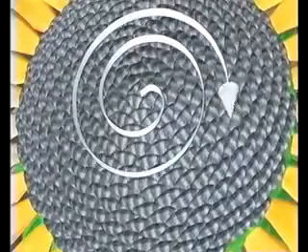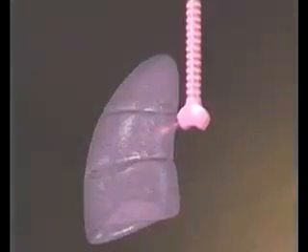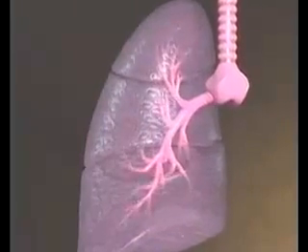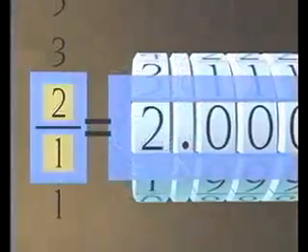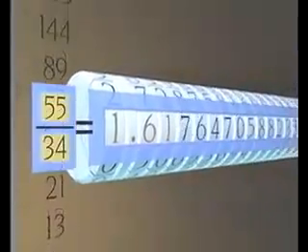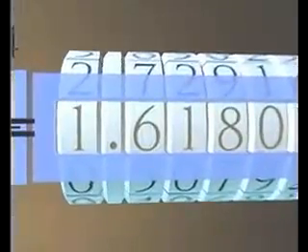Whether it is the spiral of consecutive seeds in a sunflower, the spiraling growth of a chambered nautilus, or the branching structure of bronchi in the lungs, organic growth is often guided by a mathematical ratio stemming from the Fibonacci series. As Fibonacci numbers increase, the proportion of two successive numbers becomes more and more similar. The ratio approaches but never reaches an infinite decimal beginning with the numbers 1.618. This ratio was given the name the divine proportion and was later called the golden mean.